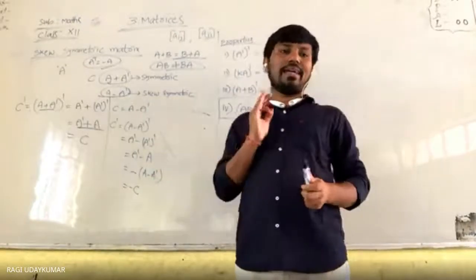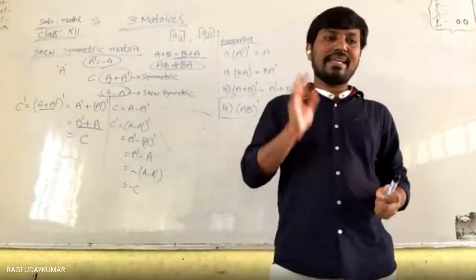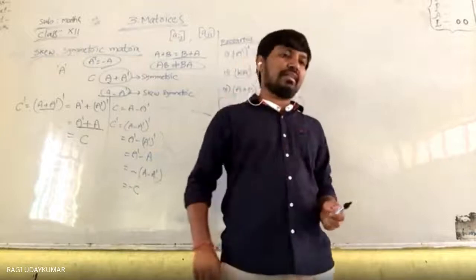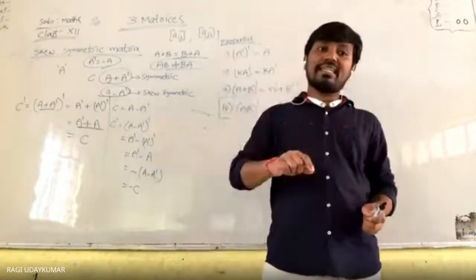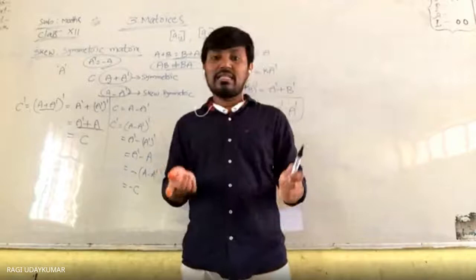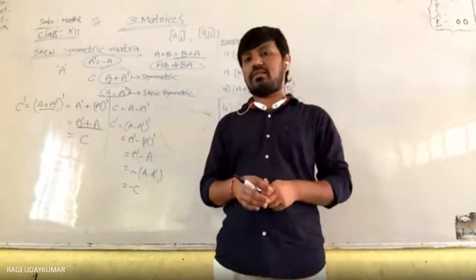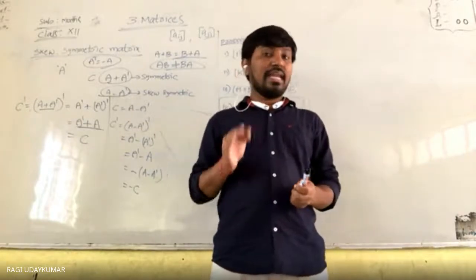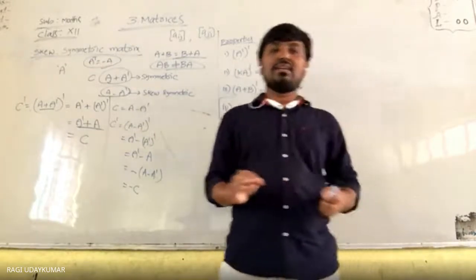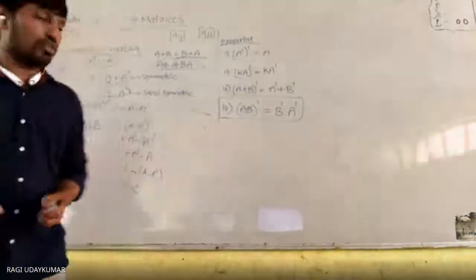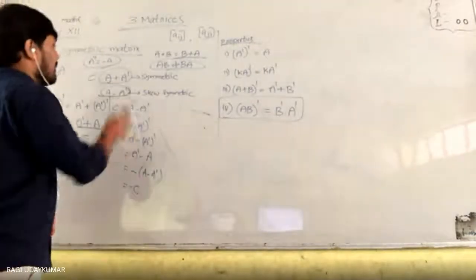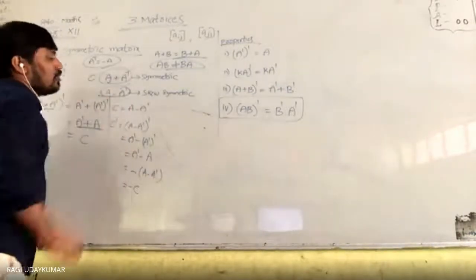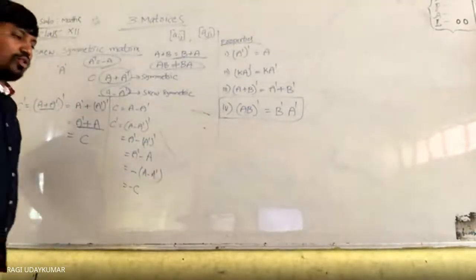Okay, point? A is the any square matrix means A plus A transpose is a square symmetric matrix. A minus A transpose is a skew symmetric matrix. Next, any square matrix can be expressed as a sum of the symmetric and skew symmetric matrices. वेरी सिंपल. ये सिमेट्रिक है, ये स्क्यू सिमेट्रिक है. ये दोनों का सम कर दिया तो क्या आ जाएगा? 2A आ जाएगा ना.